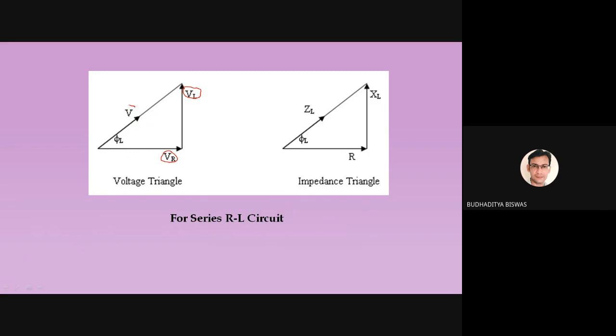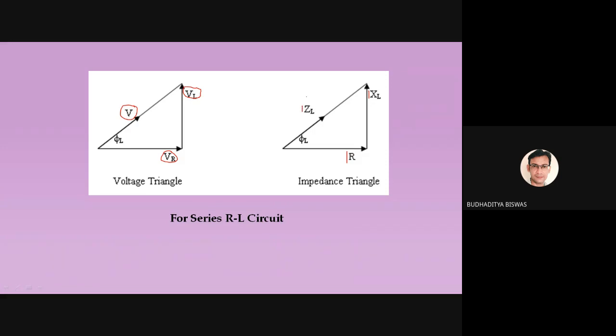And the summation of these two things is called the V. As you see, only the voltages are shown in this figure. That's why it is called the voltage triangle, because the shape is like a triangle. VR means I into R. VL means I into XL. And V means I into Z.